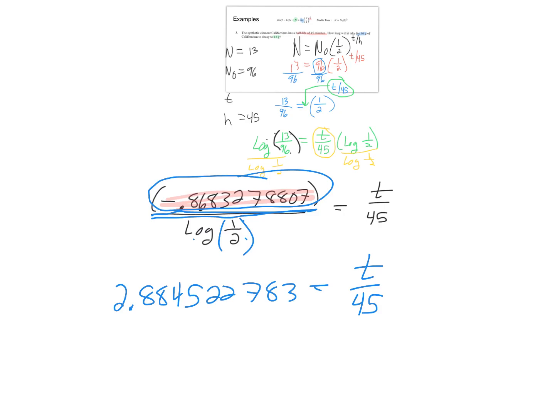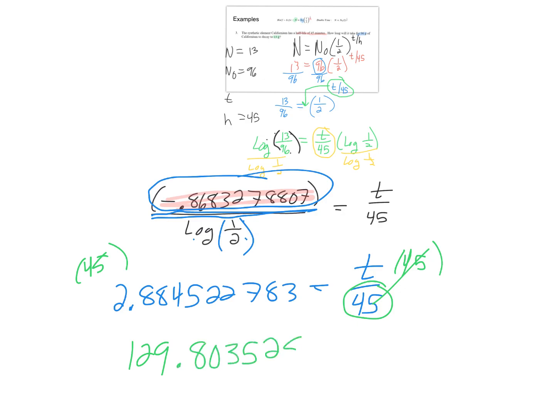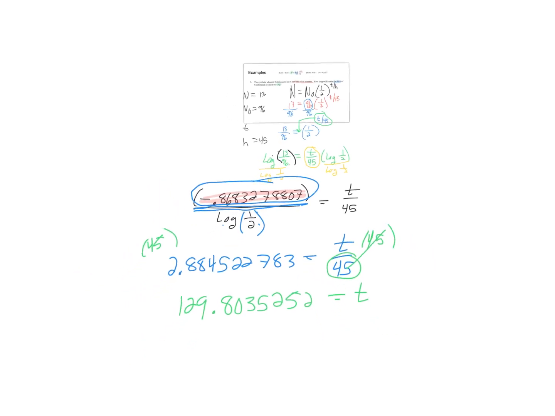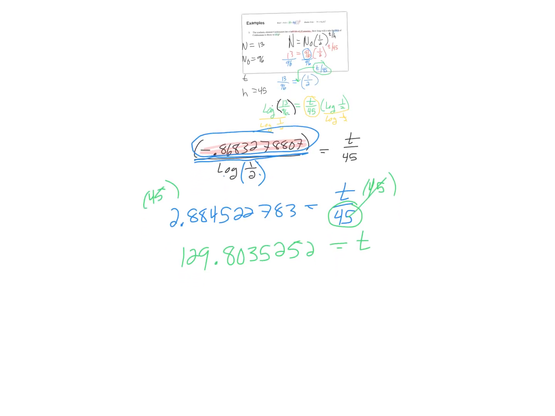Okay. So now at this point, we're trying to solve for t. So like a normal equation, we're just going to times both sides by 45 to make that happen. So in my calculator, I just have to hit times, or you do your ANS times 45, and I get 129.8035252 is equal to t. Now, like I said before, we are going to be rounding to 2 places unless the problem tells us otherwise. So there's my 2 places. The 3 says we stay. So it's